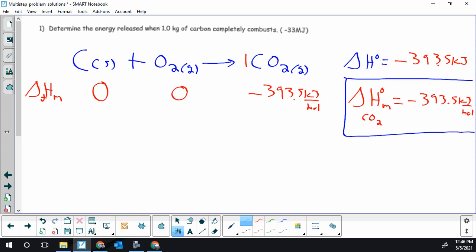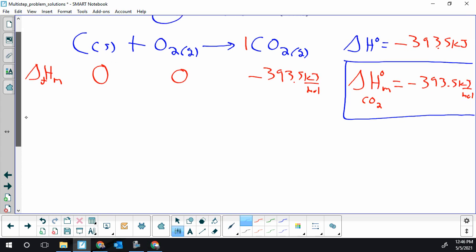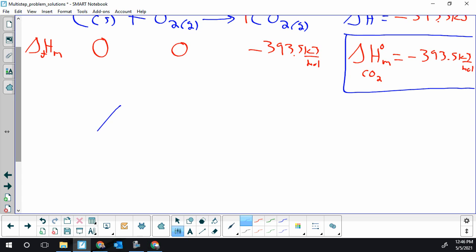We know the energy released per mole, and now we just need to figure out how many moles we're going to have released, not in this balanced chemical equation, but when 1 kilogram is released. So the enthalpy change for our 1 kilogram of pure carbon reacting is going to be the moles of carbon times the molar enthalpy